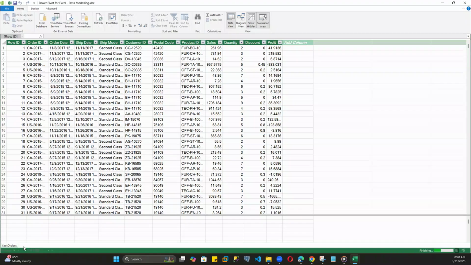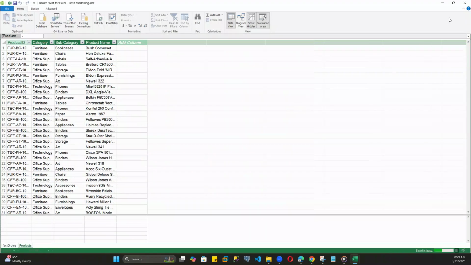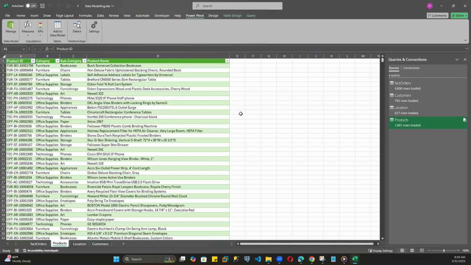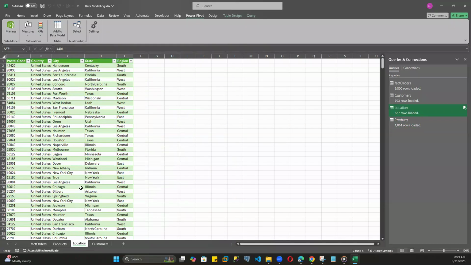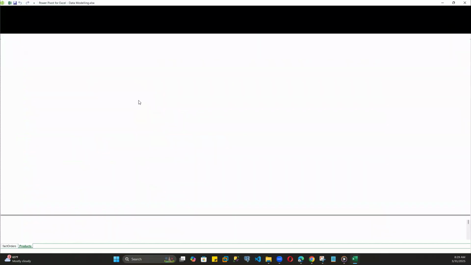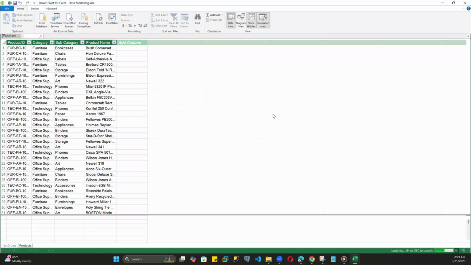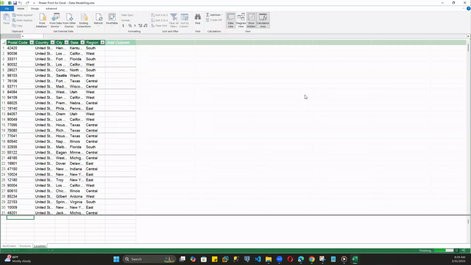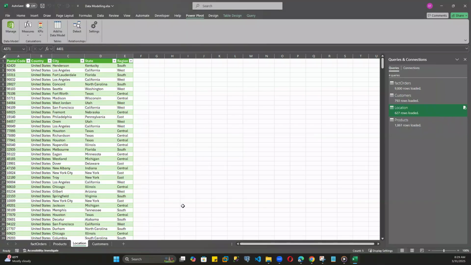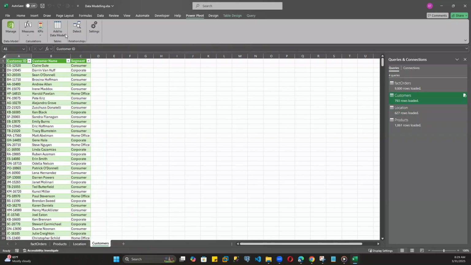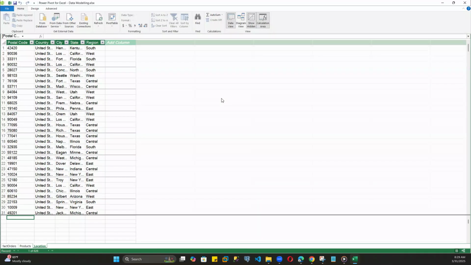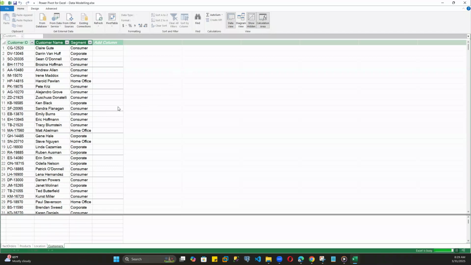So it will appear here just as on the Excel workbook. So location, add to data model, and then we are left with only one table. So we do the same, customers, add to data model. So now all our tables are here. The next thing to do is to